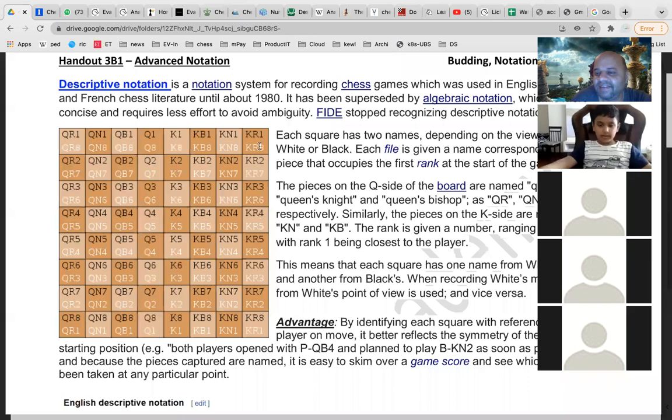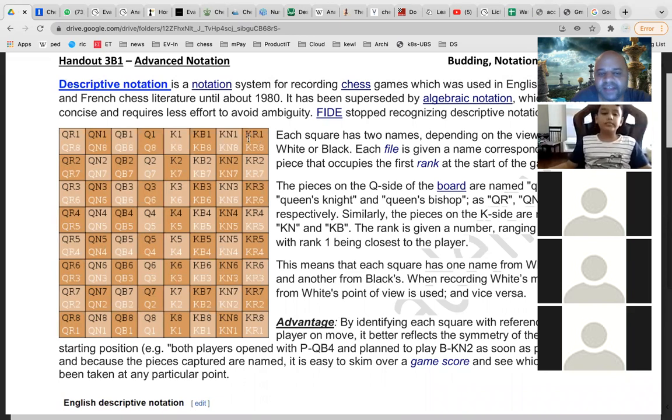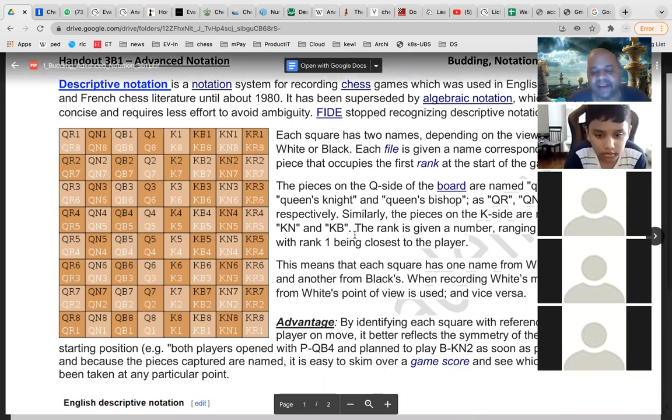Sir, I did not understand the example you gave. Yeah, I think you will get it once you see this. You will be able to understand it. I will show it. But you got this king. Why is H8 king rook 8? You understand? H8 means this corner here, right? Sir, I understood how they have kept the names, but later I do not know how they play with this. I will tell you. Playing is the same. It is just writing down that is different.